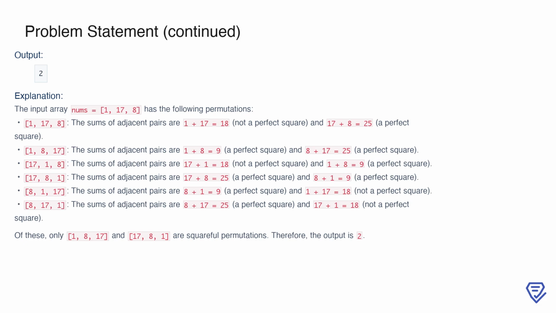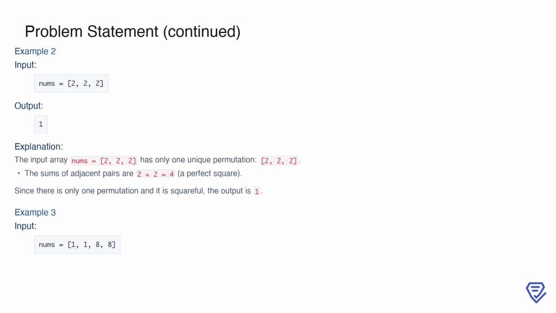is 2. The second example involves the input array nums equals 2, 2, 2. Since all the elements are identical, there is only one unique permutation, 2, 2, 2. Here, the sums of adjacent pairs are 2 plus 2 equals 4, which is a perfect square. As there are no other distinct permutations to check, the only squareful permutation is 2, 2, 2, and the output is 1. This example highlights that arrays with identical elements typically have fewer permutations to evaluate, making the computation more